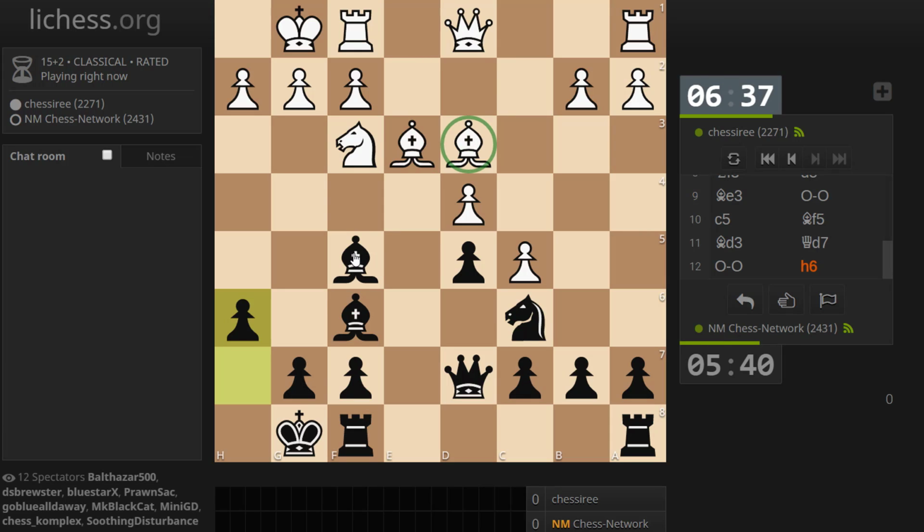Try to resolve this tension between the bishops with queen c2. On queen c2, maybe that's an opportunity for knight e7. Or maybe I'm fine with just taking the bishop at that stage, and then putting a rook on e8. Maybe this was more to the point instead of h6. You know, this is the only open file, so